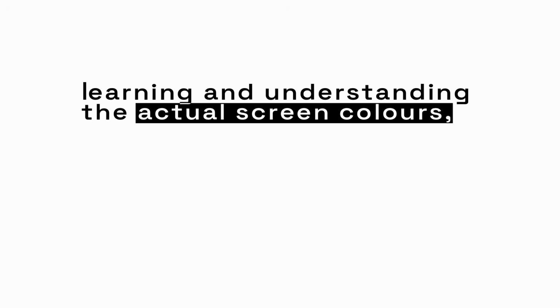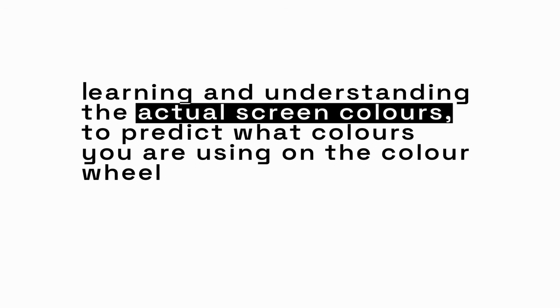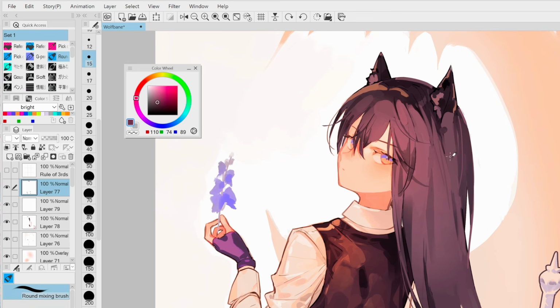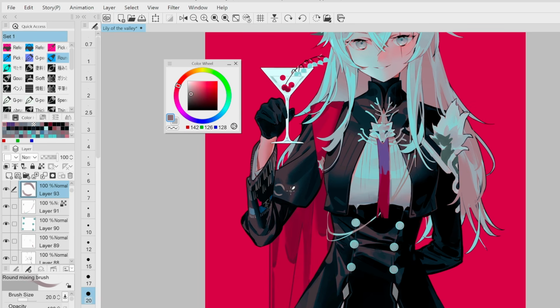But I would argue that knowing why this looks green, why this looks red, learning and understanding the actual screen colors to predict what colors you are using, being able to raw dog the colors can help you even if you mainly use layer modes. For example, knowing why this looks green lets you easily add more colors without changing the overall warm or cold tone of your painting. Knowing why this looks blue, you can add and color in little details without going through the whole layering process by instantly knowing what colors to choose from your color wheel and just painting it on